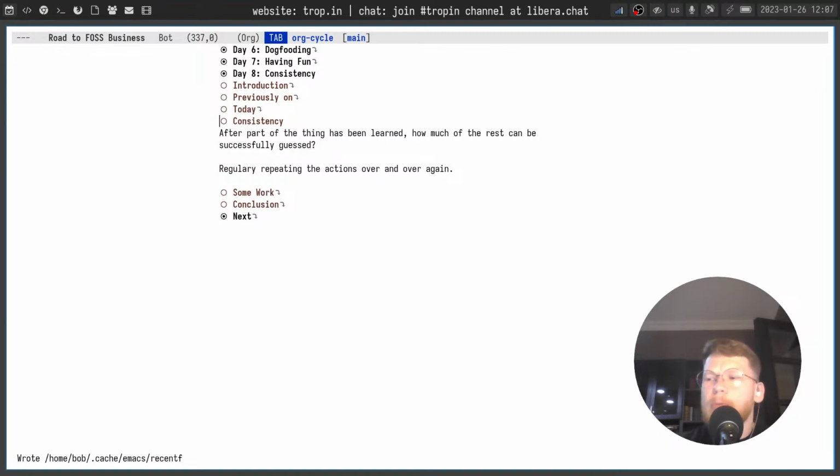And the second meaning of consistency is regularly repeating the actions over and over. For example, when you consistently work out, you get some good results usually, and if you do it not consistently, it's often not very effective. Of course, you don't need to repeat the same action. You can adjust the action you do. You can actually adjust the goal towards which you try to go. But if you do it on a regular basis,